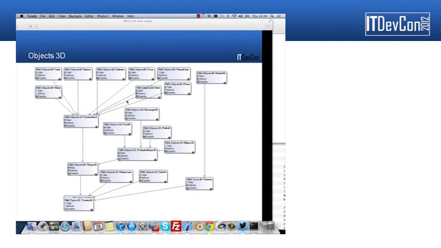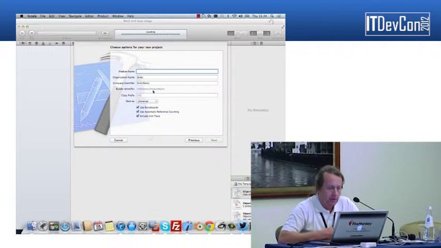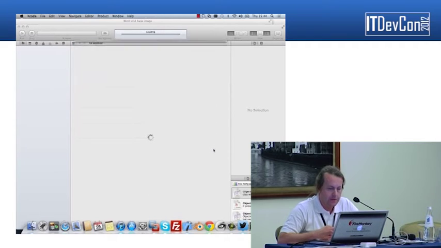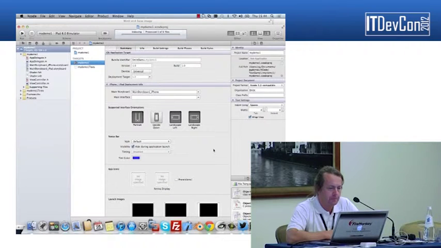If I want to create a new project in Xcode, there are a number of different templates, and one of the templates that I'm going to use is the OpenGL game template. I can just click on next, enter the product name, my demo 1, and click on next. It doesn't really matter what it is, but I can just load it. I'm going to show you what kind of complexity you have when creating this on quite a low level. Let's have a look at what this application does. If I run it